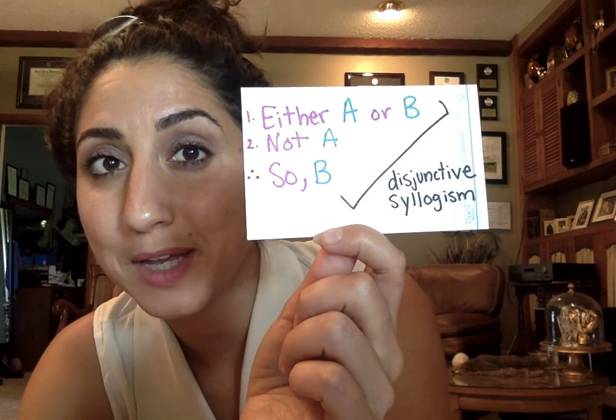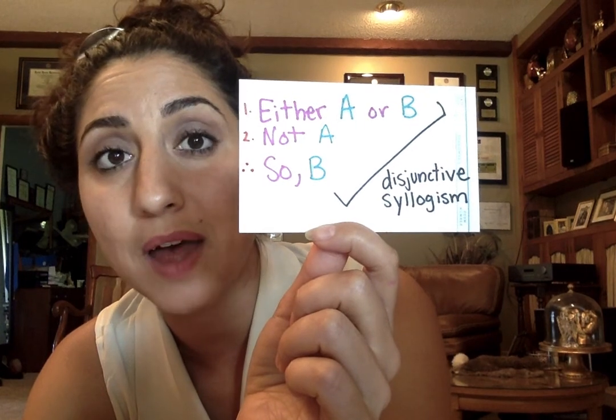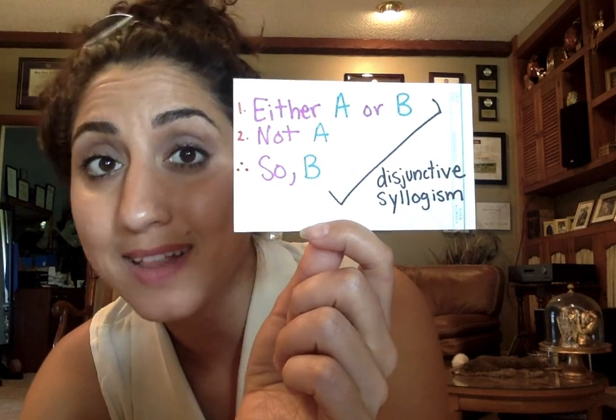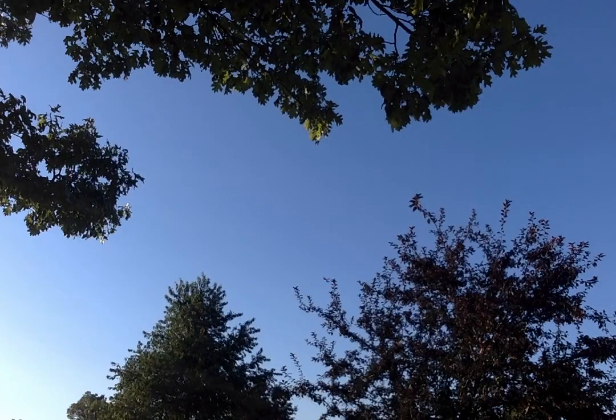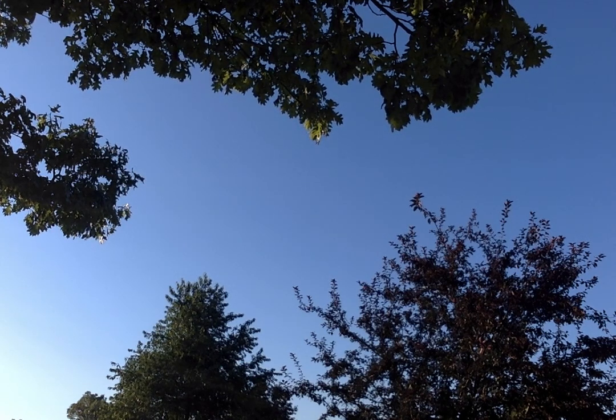A piece of the good news is that so long as you use a valid argument form, at least you know your argument is valid. The only way to prove the conclusion of this argument false is to show that one or both of the premises are false. And even then, it'll be a valid argument that's not sound. Modus ponens and disjunctive syllogism are two out of the many argument forms which are valid. If you use any valid argument form, then the conclusion is necessarily true so long as all of the premises in the argument are true.